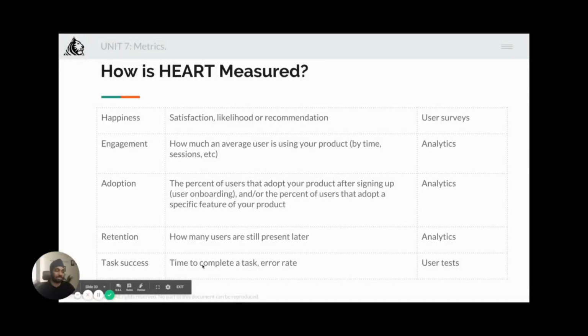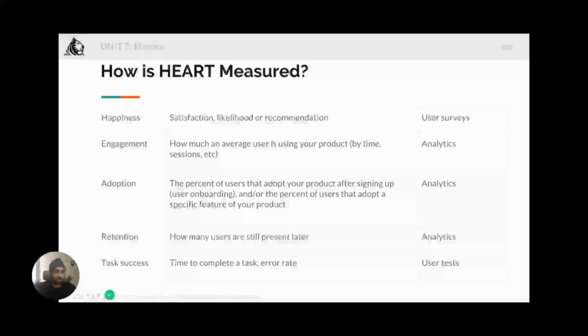And finally, task success. So typically, all the people who are coming to your product, whether it's Facebook or whether it's Amazon, they're coming to complete a certain task. Remember the jobs to be done framework, right? So that is kind of getting represented in this task success parameter, right? So how successful was the user in doing the task he used the product for?